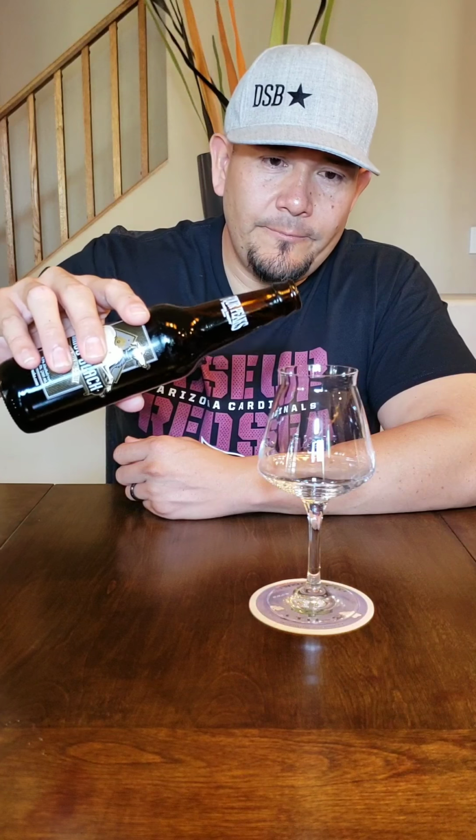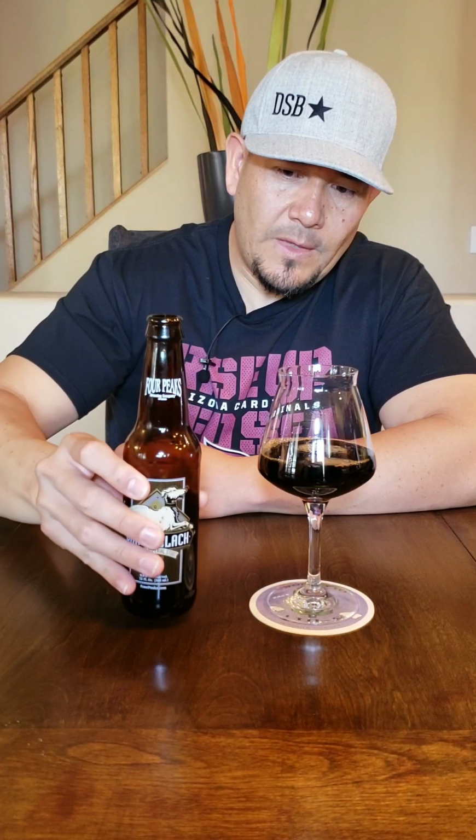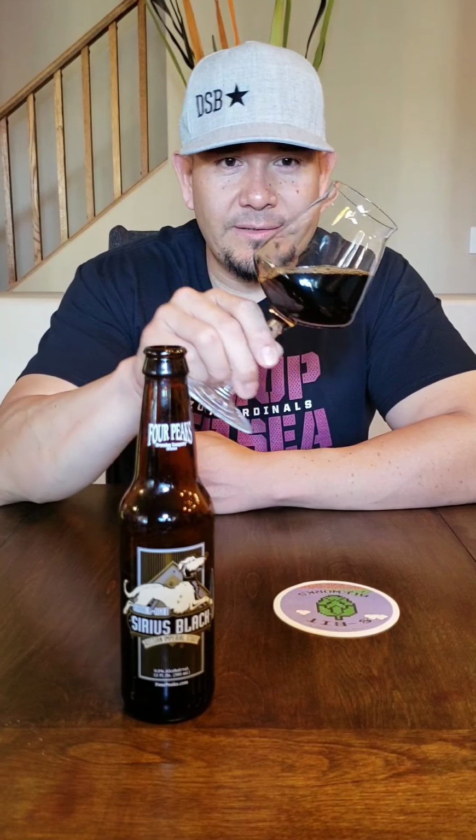Ooh, no hiss. Really no hiss, and no cannon smoke either. So let's do a hard pour on this guy. So on the color, it's pitch black. I mean, it's pitch black. It's motor oil. And even on the hard pour, as you can see, you get absolutely no carbonation at all, which I'm not surprised. There was really no hiss, no cannon smoke or anything like that. So you get no carbonation, but